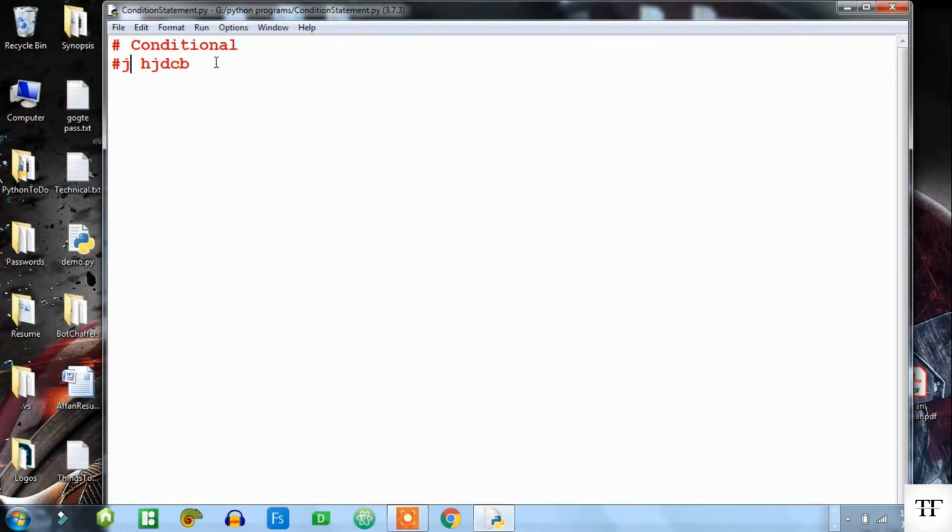So the next thing we were talking about is conditional statements. Let me first write down its syntax. It goes this way: if, and here we have the condition, and then we have this colon. Once we enter this colon, we have this indentation over here.